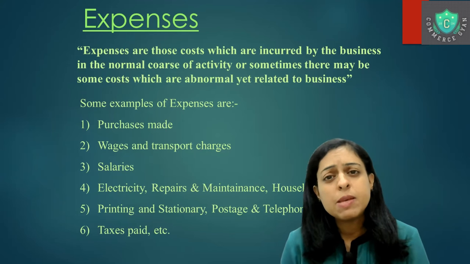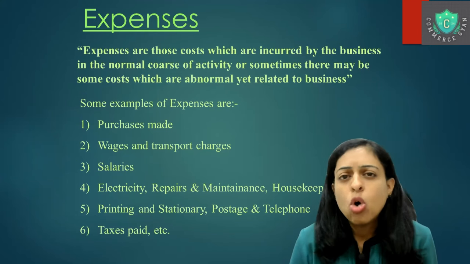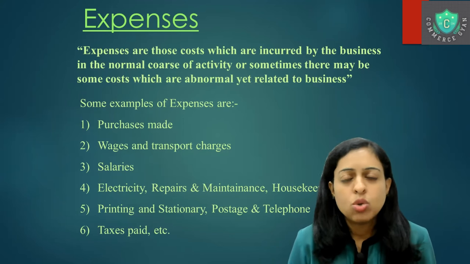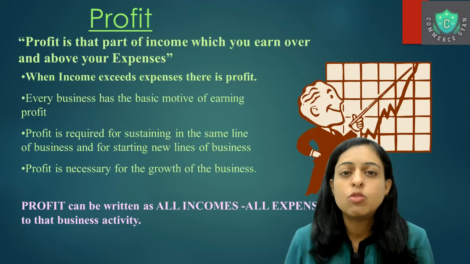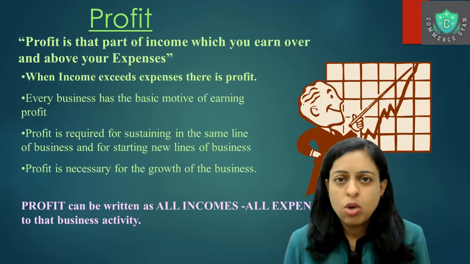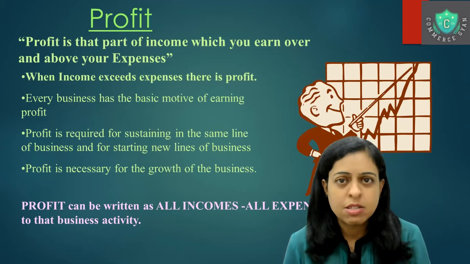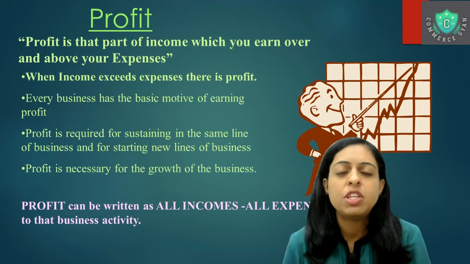Paying off maybe some consultancy charges or legal charges, whatever the case may be. So all these would be the expenses that the business is incurring in the day-to-day activity. So income, expense, and now we move to the third term, which is profit. It relates to two things, income and expense, right? So profit is the income over and above the amount of